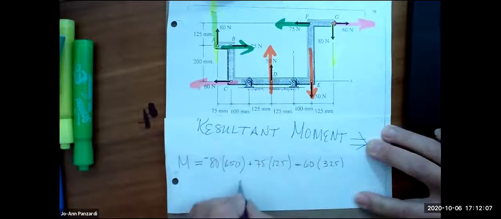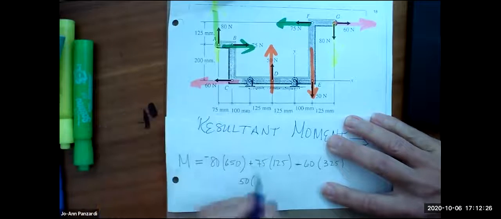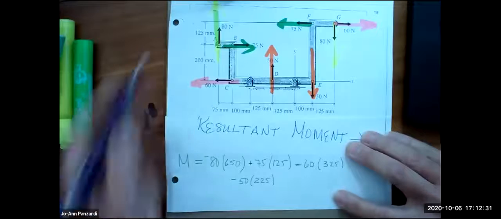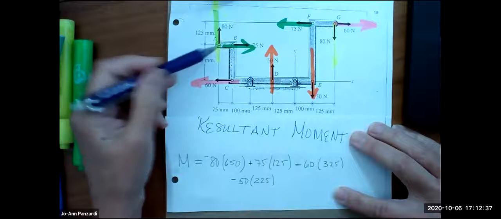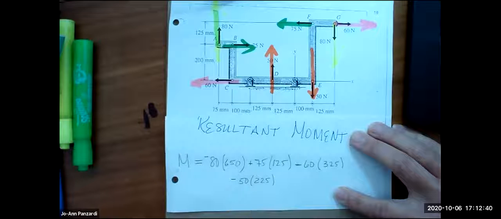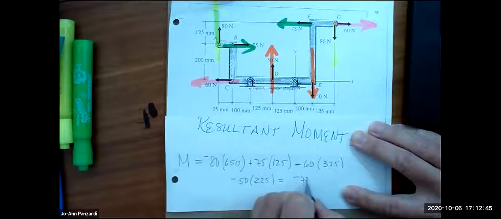Okay, how about the 50? Jordan. The 50 would be, what's the perpendicular distance between the 50s? 225. Great. Positive or negative? Negative. Right. Did I miss out on any? 80, 75, wait, 1, 2, 3, 4. No, I guess I got them all. Okay, and it comes out to be negative 73,